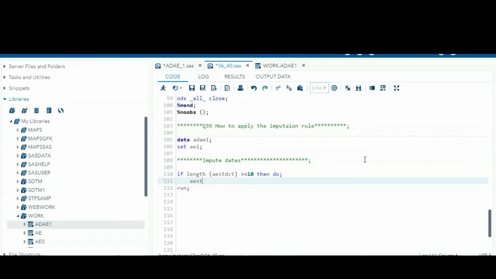The first one is the AEST year part. For the year part I am stripping and taking the substring of AESTDTC from 1 to 4.